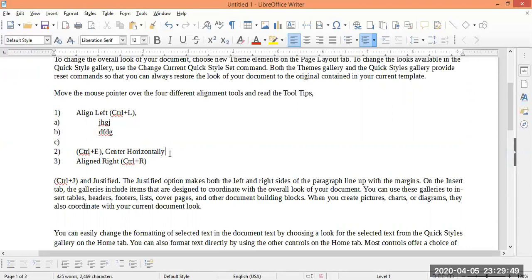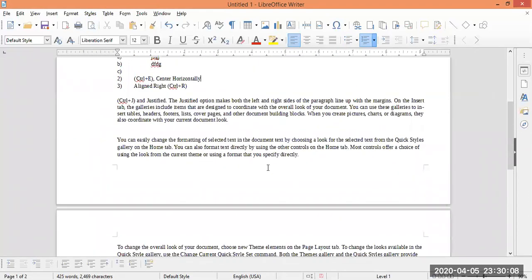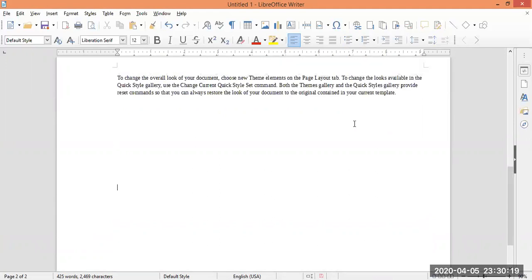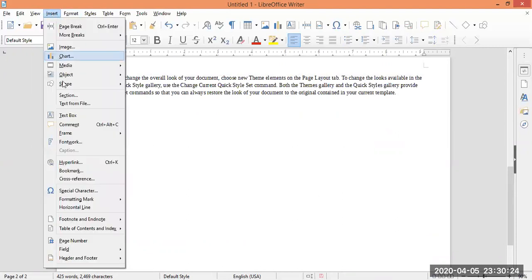Next option is page formatting. Basic page formatting we have done by changing the default style. So next is inserting a page break. A page break can be inserted using the enter key, like I want to start a new page. After this, I need to press enter many times, or there is one shortcut also. We can click on the insert menu and then click on page break.